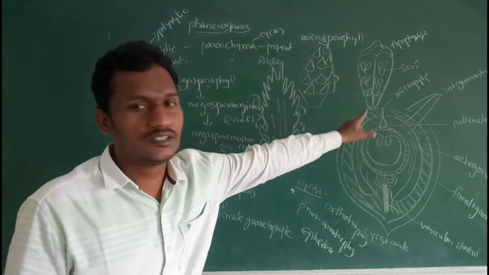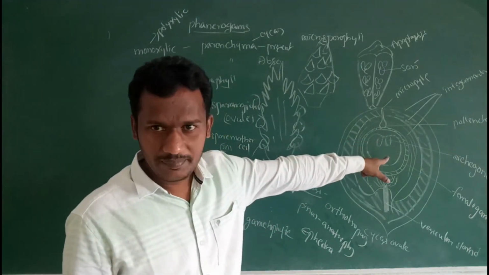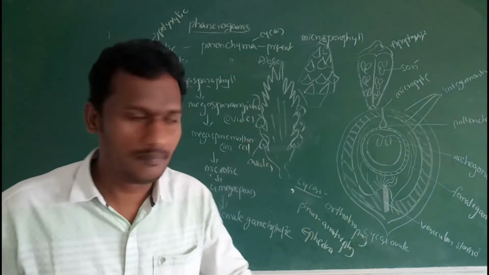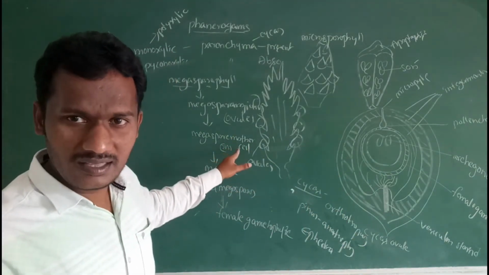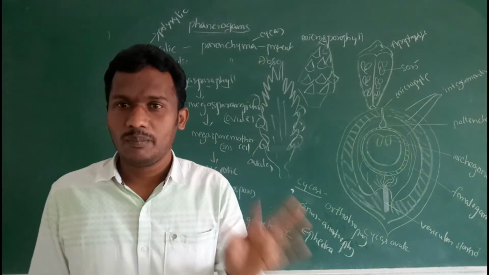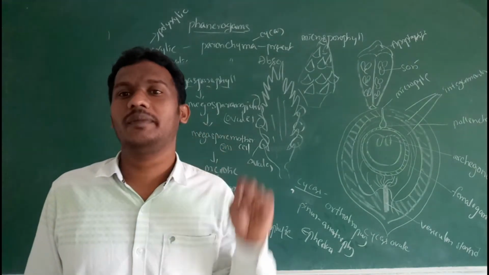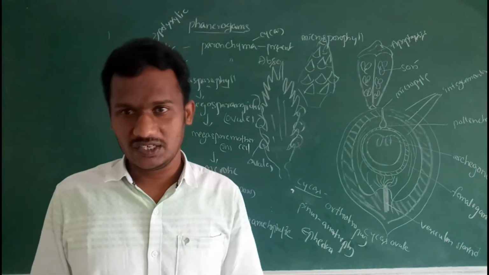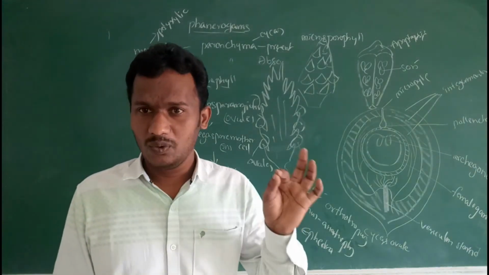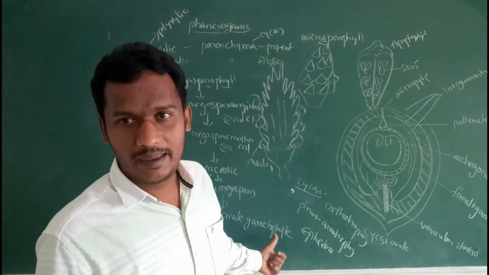So this is the structure of an ovule. Within the ovule, the nucellus is present. One of the cells of the nucellus develops into the megaspore mother cell, 2n condition, which undergoes meiotic division to produce four megaspores. Out of four megaspores, only one is functional. The functional megaspore develops into the female gametophyte. So the megaspore is the first cell of the female gametophyte.